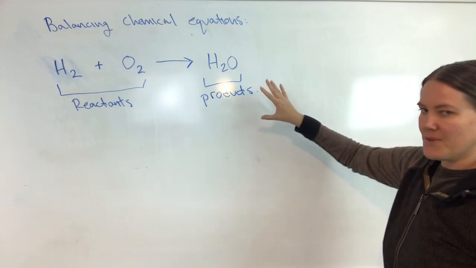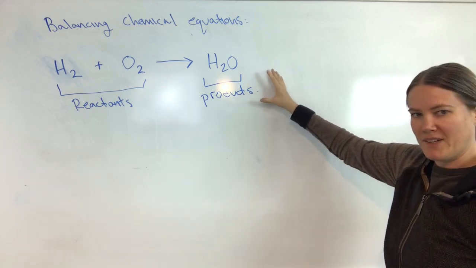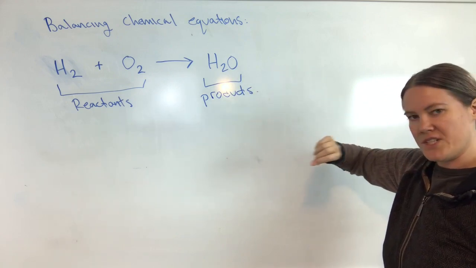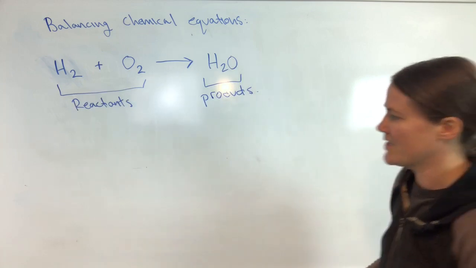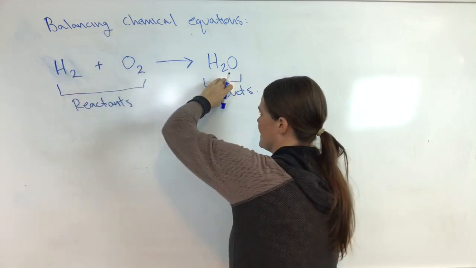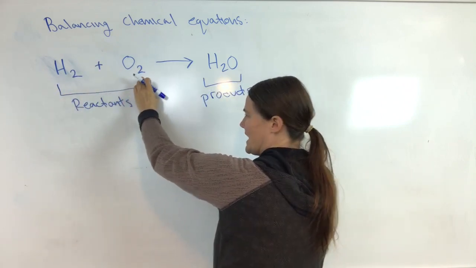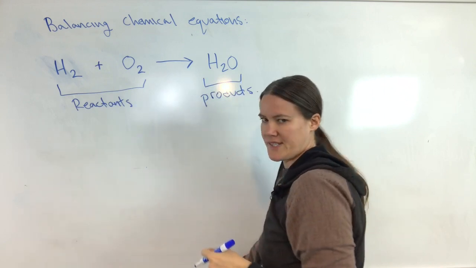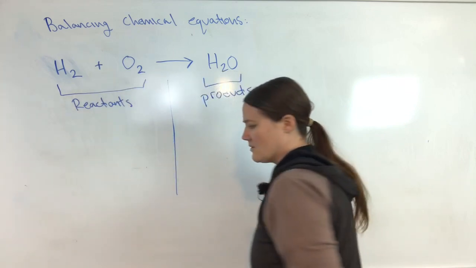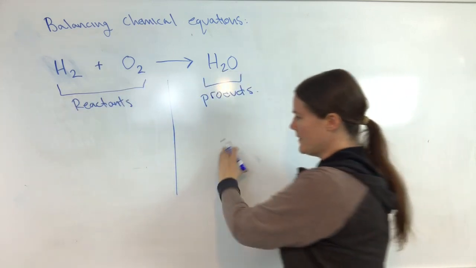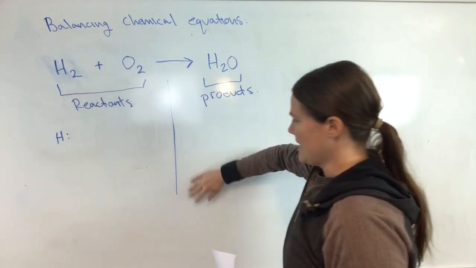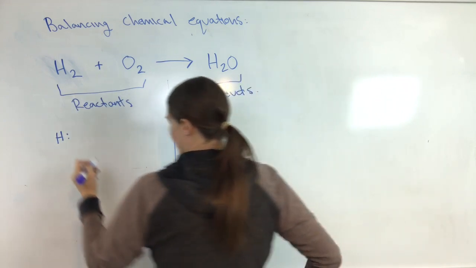So in order for a chemical equation to be balanced, we have to have the same number of each type of atom on each side of the equation. What that means is we want the same number of hydrogens on both sides, and the same number of oxygens on both sides. So what we do is an inventory of what we have on each side. I usually just draw a line in the middle where the arrow is, and I list what I have